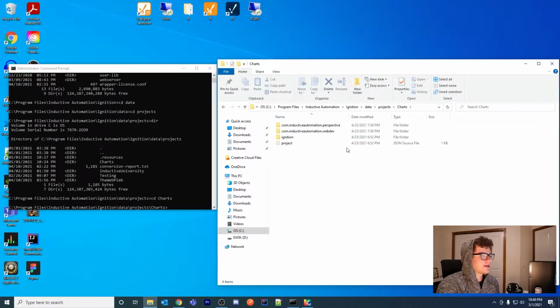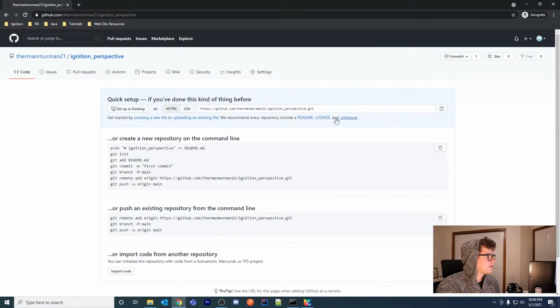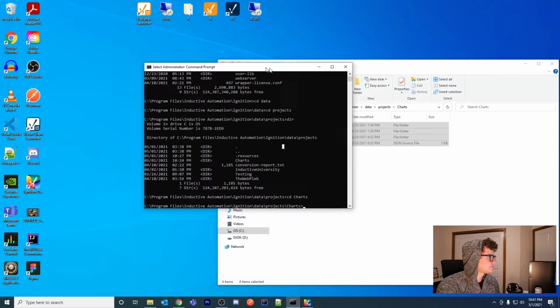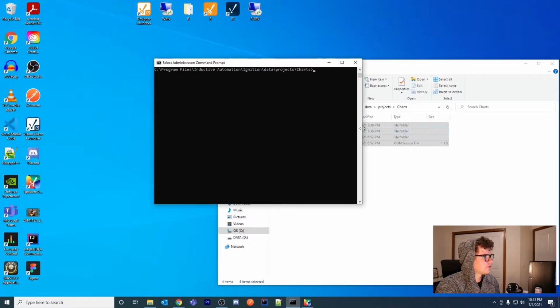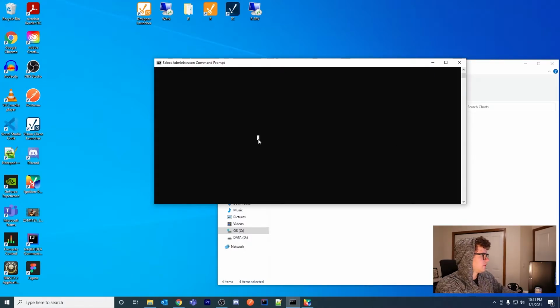So I want Git to track this directory. Any changes that happen within these 3 folders and within this file here, I want to track those changes in Git. So what I'm going to do, once I've copied this, I'm going to go back and copy this, make sure it's copied. So the first command we're going to run is called git clone. Okay, so git clone